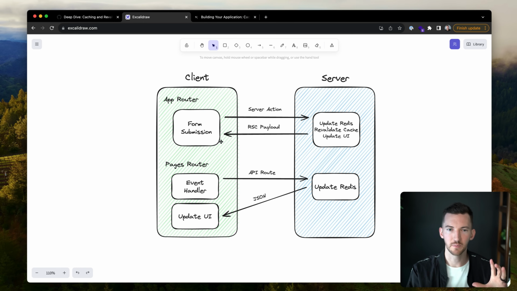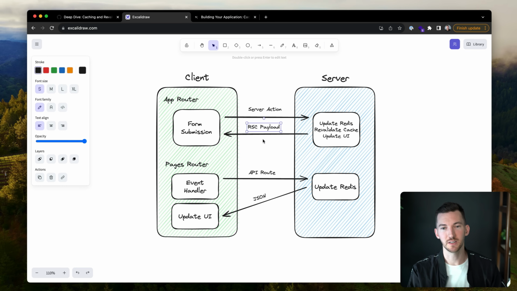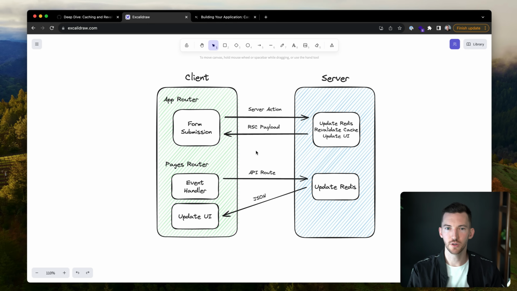In the app router, it's actually entirely different. It's server-based. So the app router, I have a form submission, and that form submission can call a server action, which runs on the server. It goes to our server, it can update our database, it can revalidate our cache, and then it can return back the new UI as well as the data in the same network round trip in this RSC payload back to our UI. So there's some foundational differences here between how these two models work, and let's look at an